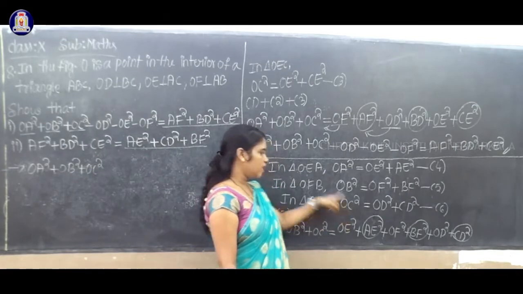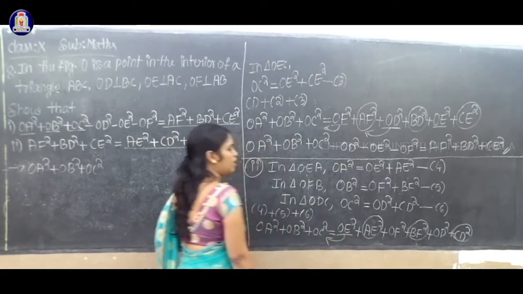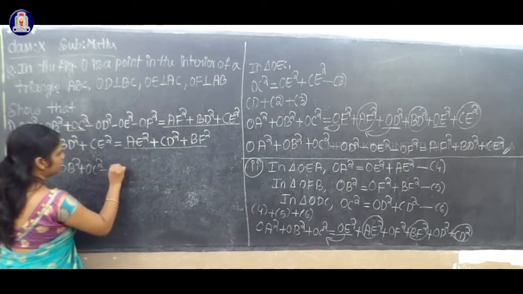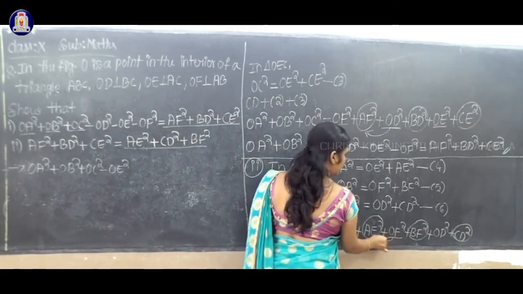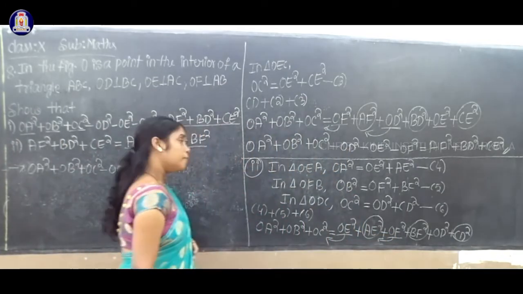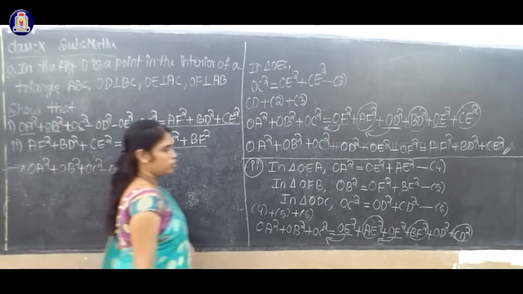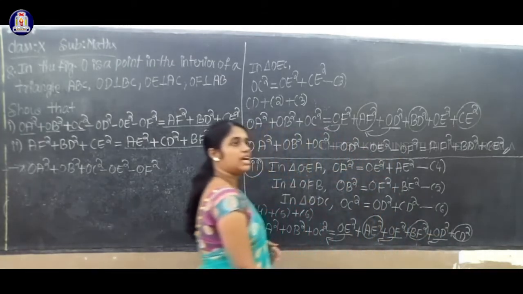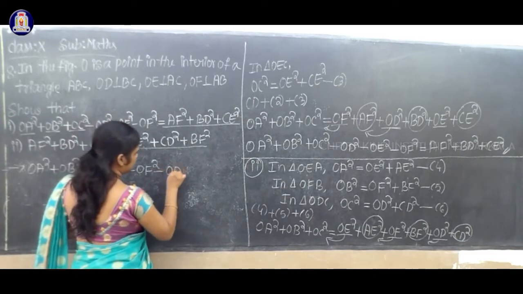While this OE square comes to the left hand side, what will it become? Minus OE square. Again, while this OF square comes to the left hand side, minus OF square. Again, while this OD square comes to the left hand side, it will become minus OD square,